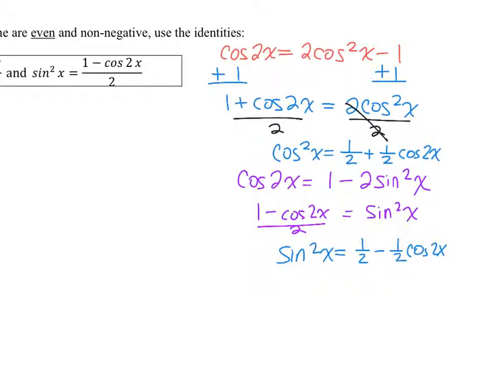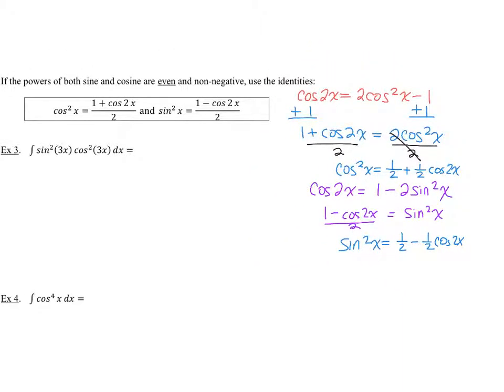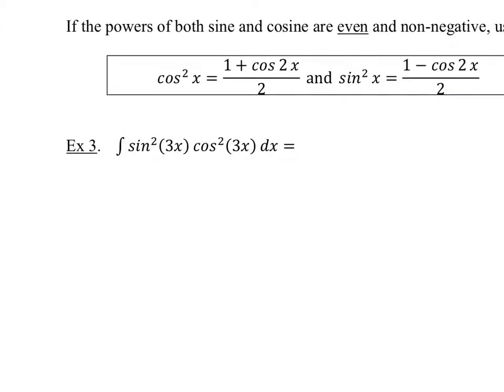So what that does is it allows us to evaluate situations where the power of a sine or cosine function is even. Because really, when you're dealing with any kind of even power, it's to the second power multiplied. Let's say you had something raised to the 6th power. It's to the second power cubed, but it's always to the second power in some capacity. So I can make my substitution here and replace the sine